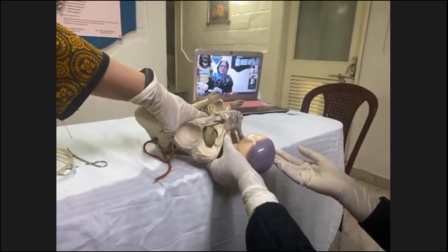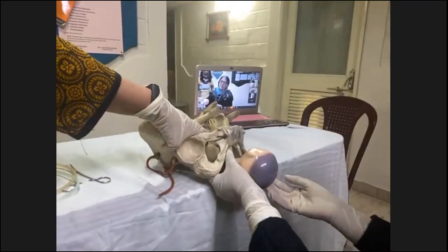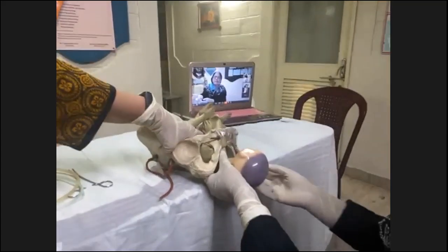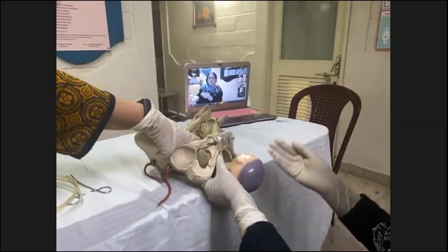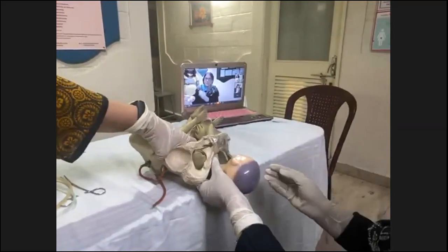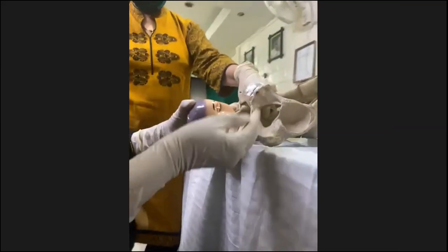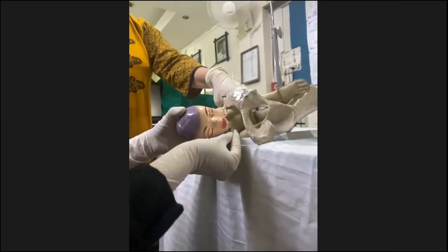Another maneuver which is supposed to be associated with less risk of brachial plexus injury is delivery of the posterior arm. So you can try directly delivery of the posterior arm even before trying Rubin's 2, wood screw and reverse wood screw. What is to be done for the delivery of the posterior arm is, you use the hand towards the baby's chest. So here I will be using my right hand. You introduce the hand in a cone-shaped manner